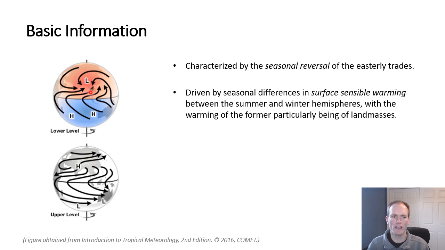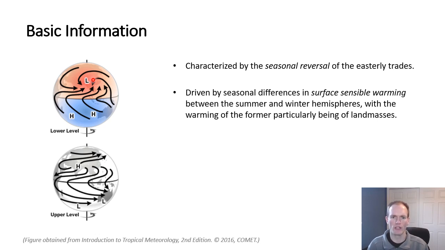The red shading here indicates that the northern hemisphere is comparatively warm compared to the southern hemisphere. And in particular, as we'll discuss for this monsoon, it is the sensible warming of the Tibetan Plateau, the Indian subcontinent and its land masses, relative to the relative cold of the South Indian Ocean that drives the monsoon. So that establishes a meridional temperature gradient, north-south temperature gradient, and it's that difference in warming, diabatic once again, that